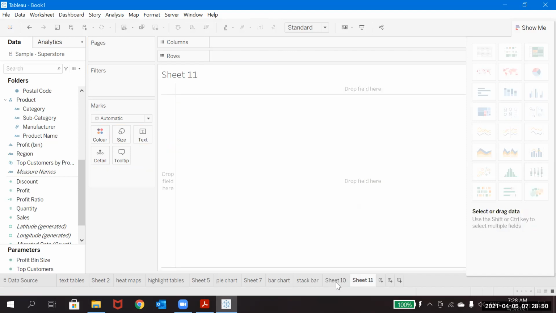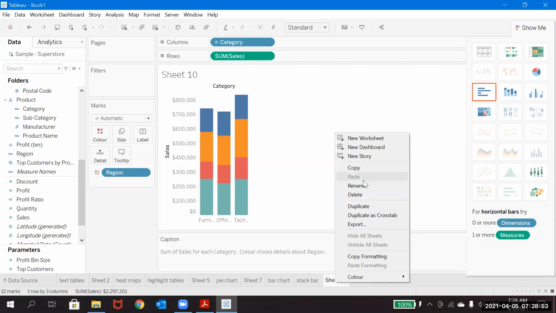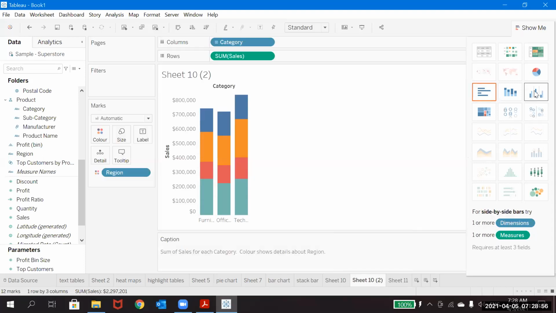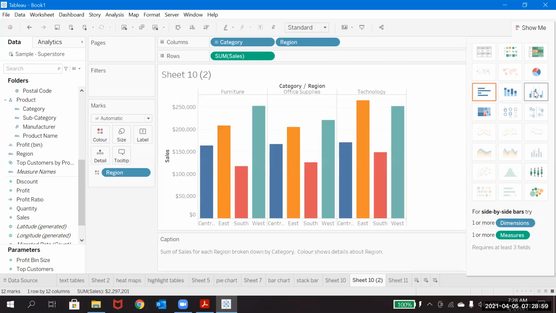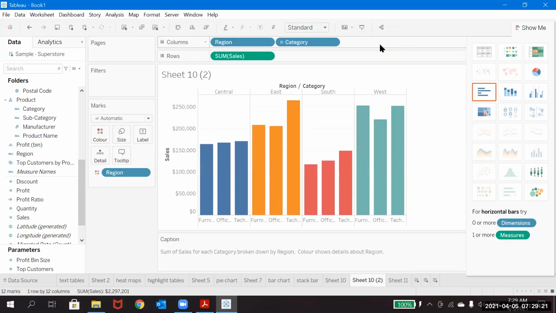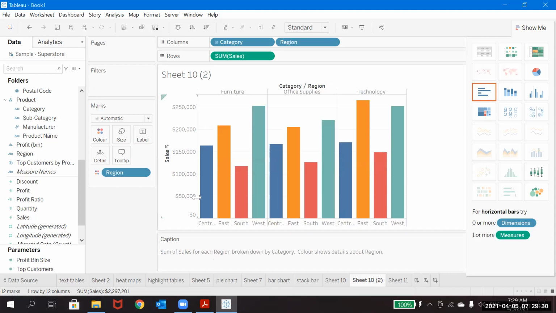Now we will see the other one. Wait, let me duplicate this. So this is the side by side bar. So let me click on this. So side by side bar is something that, let's see. What I'll do is I'll just swap this. If you observe one thing, a little bit of swap here is making some difference. See here it was just showing